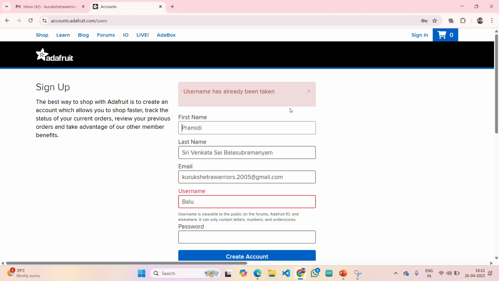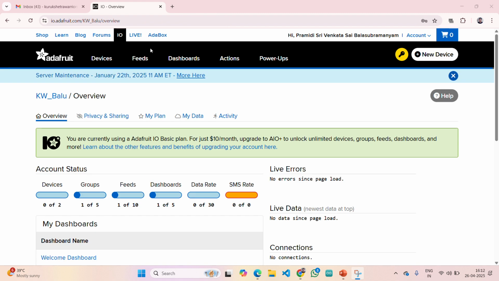The username has already been taken because with the previous mail ID I used the same username. So let me give it as KW underscore Balu. Again, you need to give the password. Once account creation is successful, you will get this page.